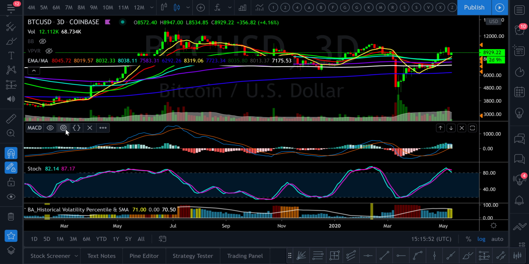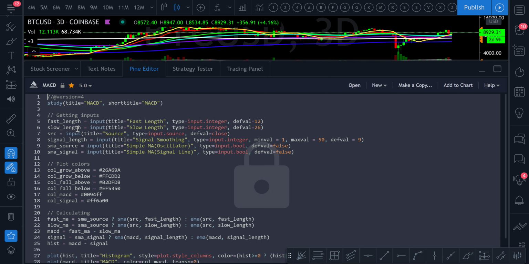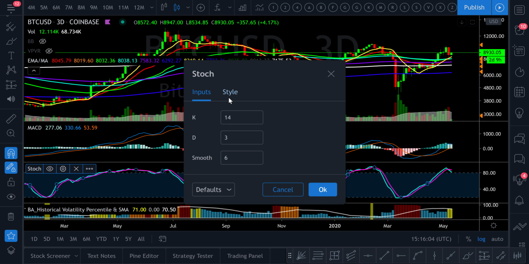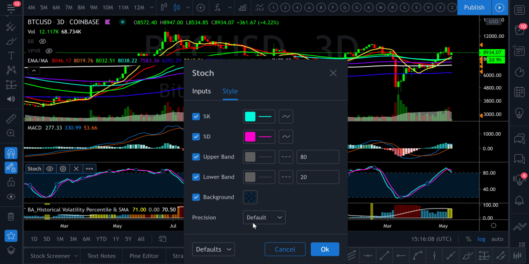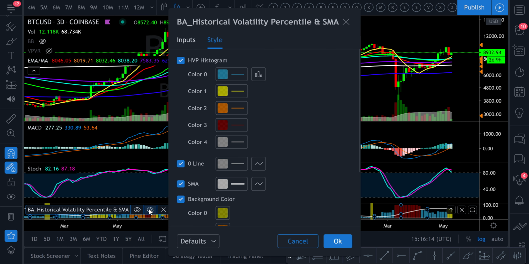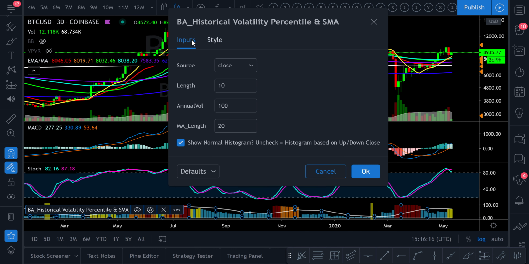I forgot to tell you guys, I keep it standard settings, and yeah, just the MACD is what you're looking for in the indicators right here. And then Stochastic, this is the stochastic, and the settings are 14, 3, 6, and there's the colors right there. And then the BA historical volatility percentile, that's made by Bollinger. There's my settings,